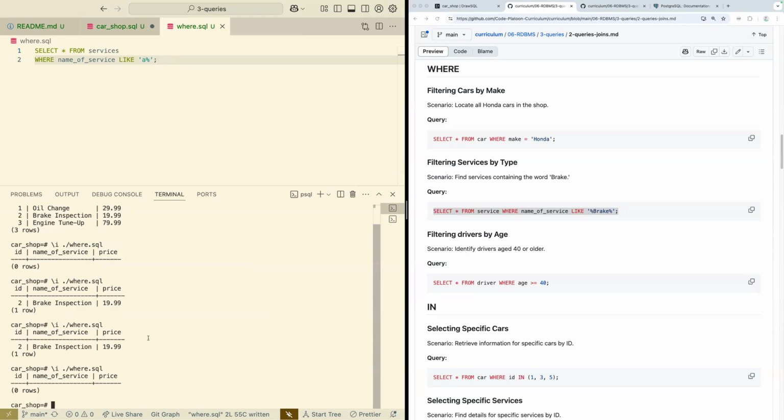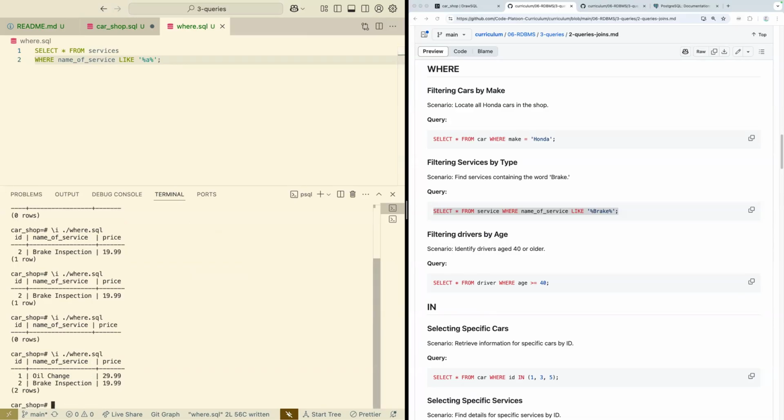I feel like that should have worked. It has to start with A, maybe if you do both of the percents. Oh, I totally forgot. I did exactly what I was talking about. Thank you, Jack. There we go. Right. Not very useful with the letter A, but if we've got a sentence we need to